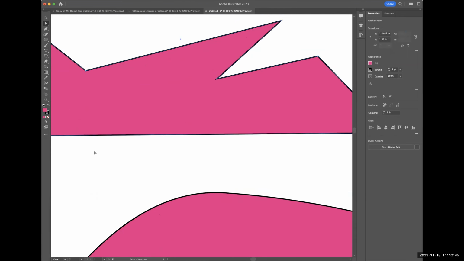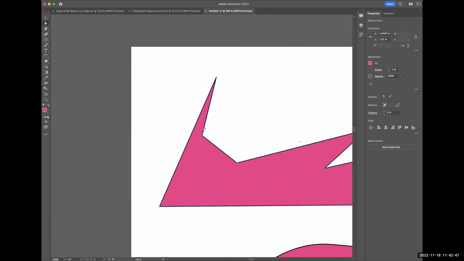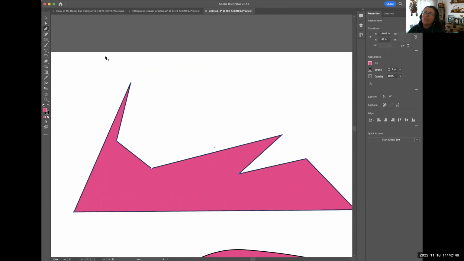How do you get rid of the asterisks again? It's not that you get rid of the asterisk. It's just that when you see the asterisk, you're about to start a new shape. In order to get it to add a path, you have to be touching a path, then it turns into a plus sign. Okay, plus sign,